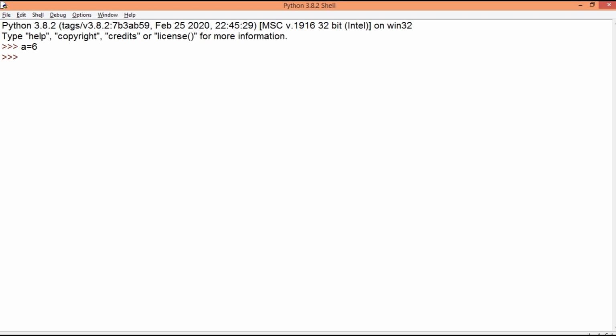As this is interactive shell mode, I can simply write the name of the variable to see its value. We can also perform multiple assignment with the help of this equal to operator. So you can see I have assigned value 7 to variable A and value 6 to variable B. The value on the right hand side can be of any valid data type available in Python. It can be an expression also, which is evaluated and then the value is finally assigned to the variable on the left hand side.